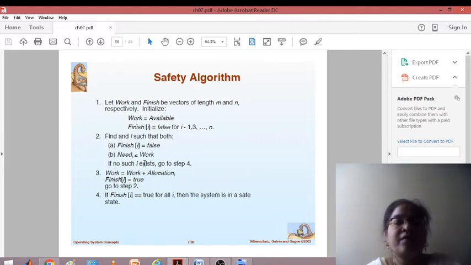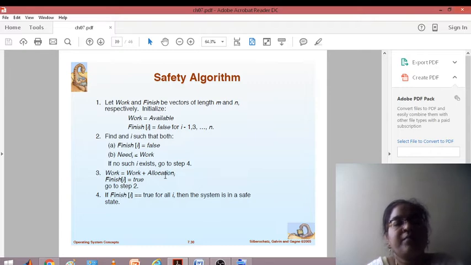Now here we found that process P2 is requesting fewer resources, so we are allocating it. Process P2 is holding some resources and newly it is getting some more resources, that is nothing but your available resources. After executing, it is going to release all the resources. So now work becomes work plus allocation of I.